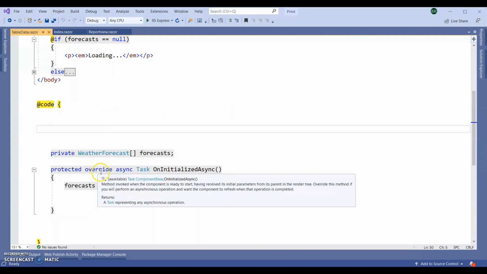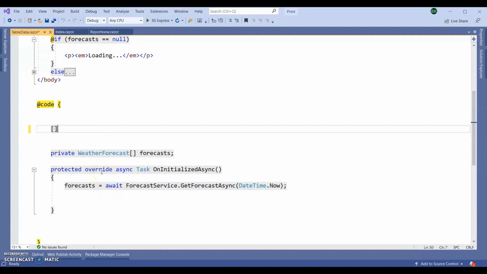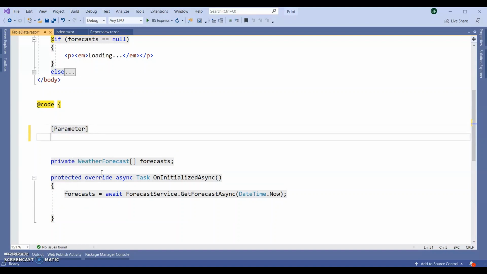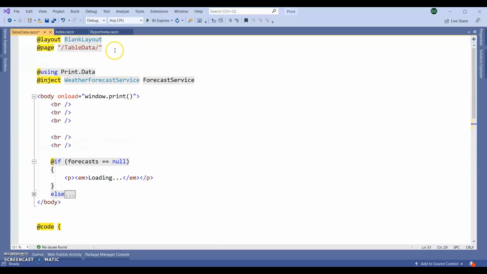So here I am declaring a parameter. The attribute will be Parameter. Public string, let's say, UserValue. That's it. It will be a nullable value. I am going to receive this parameter in my URL, in my routing.